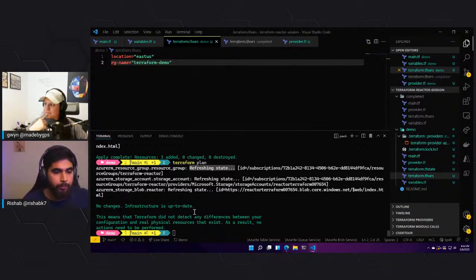So you could do Terraform apply --var and then define location, define RG name. You pass it in through the command line. And you can also do it through environment variables. I prefer it through this because it's easier, and I often change these, so I don't have to